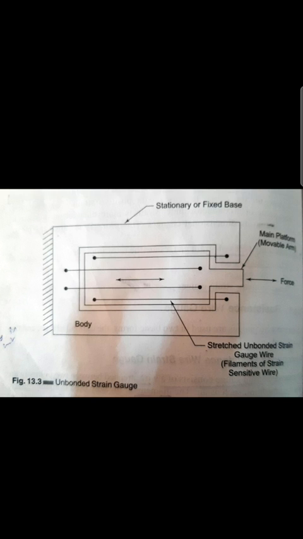Many detectors and transducers, for example load cells, torque meters, pressure and temperature sensors, use the strain gauge as the secondary transducer. When a gauge is subjected to positive stress, its length increases while the area of cross section decreases, since the resistance of the conductor is directly proportional to the length and inversely proportional to the area of cross section. The resistance of the gauge increases with the positive strain.